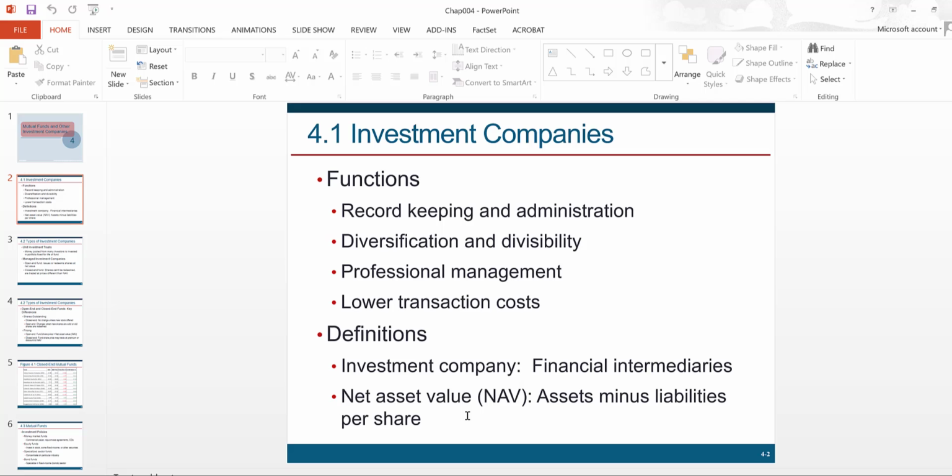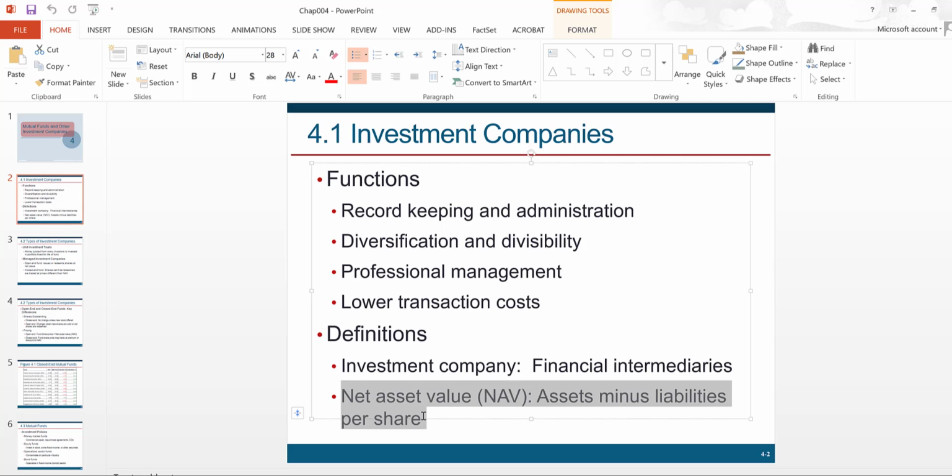So the share price has to be computed. It's not determined in the market like the share price of an individual stock. And the way the share price of a mutual fund is calculated, it's calculated using this idea of net asset value. So the share price is actually referred to as net asset value or NAV, assets minus liabilities per